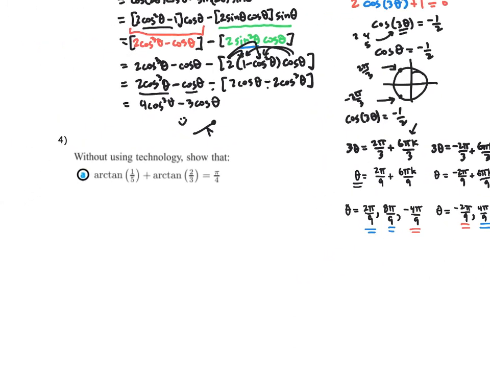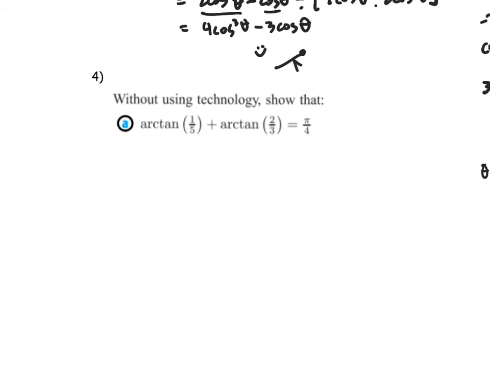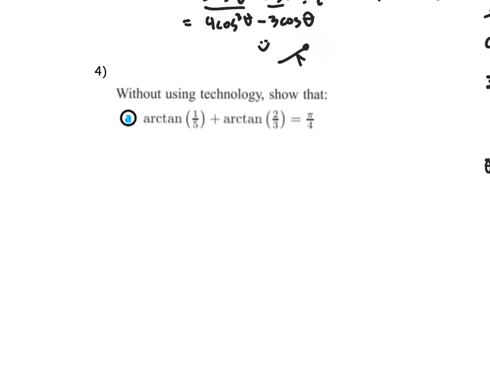So it's a show that, or a prove, and then a use it with a hence. All right, without using a calculator, let's show that the following is true. Let's show that arctan of 1/5 plus arctan of 2/3 is equal to pi over 4. Anytime you see a tangent and a pi over 4, you should say thank you. But if I took the tangent of both sides,